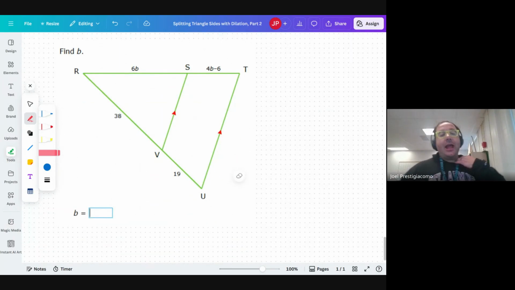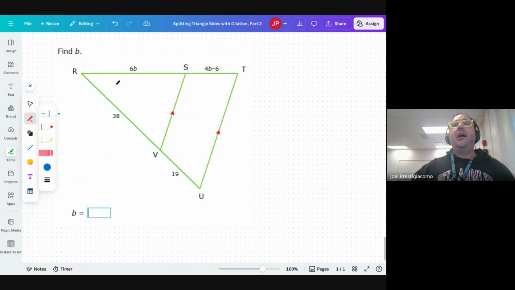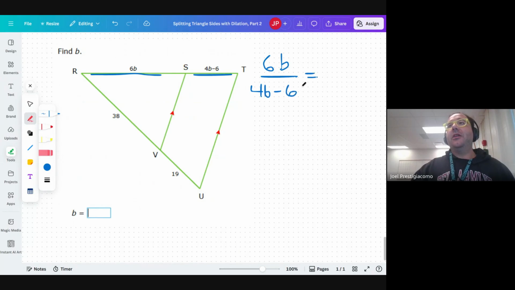Okay, the last question is going to have us use algebra. So this time we're going to have to actually do a little solving here. But the problem solving style is still pretty much the same. If I look here, I've got all the information I need to go forward. So I'm going to do 6b. Whoever put 6 and b together is not our friend. 4b minus 6. Again, they put another 6 in here. They just look like b's. It's not a really nice thing to do. And then we're going to have 38